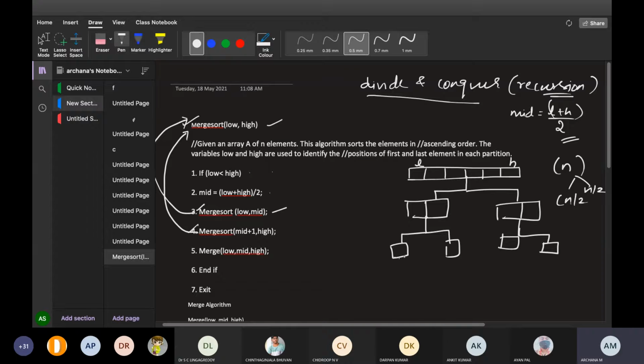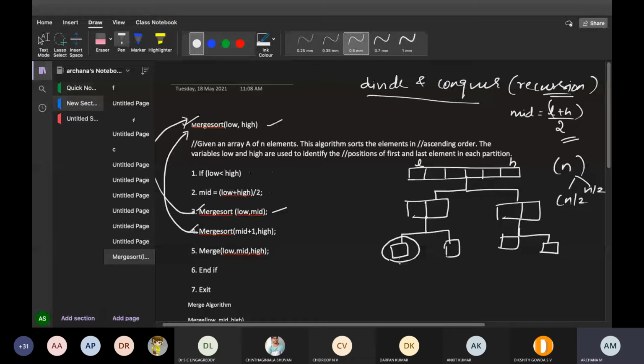This is not like min max. In min max, two elements must be there, but in merge sort a single element is enough for me. This is very, very important: till you get a single element, we will keep dividing. That is very important. This is just the general concept of merge sort I'm explaining; then I will do an example with the algorithm.